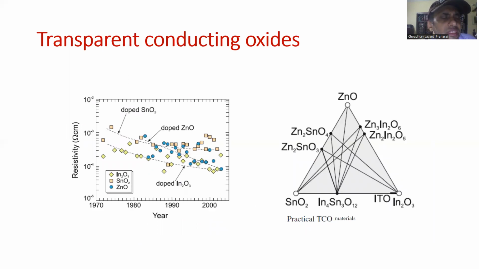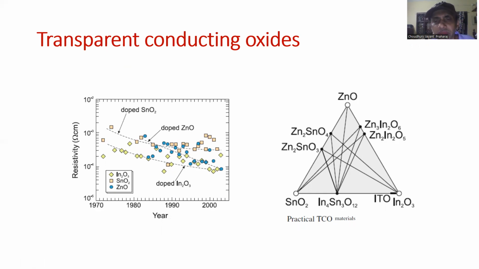We have these so-called transparent conducting oxides in these materials for contacts in these solar cells in these material systems. So we have indium oxide, tin oxide, and zinc oxide, and different combinations of those. And those can be used to get transparent conductive oxides. And we have